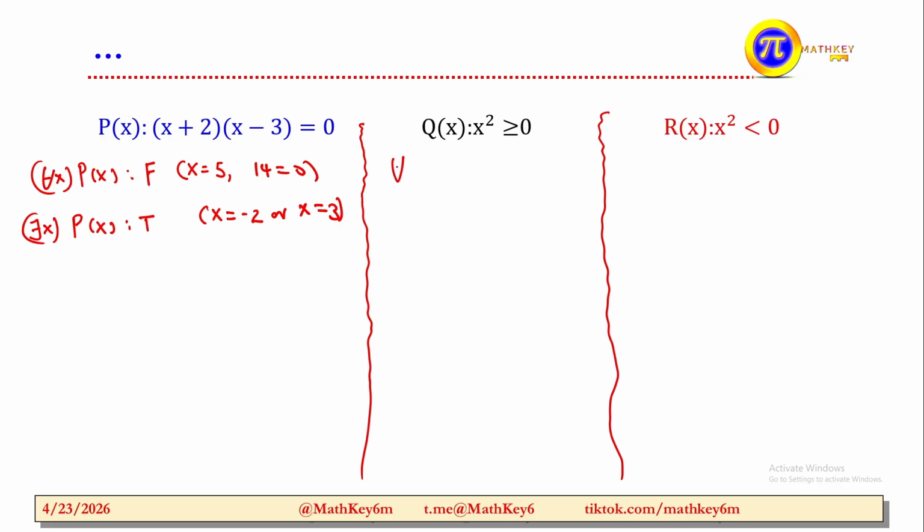Consider this one. What can you say about this, for all x, q of x? For all x, q of x satisfy ያደርጋል አያደርግም? ለሁሉም xዎች ስንወስድ x squared greater or equal 0. Yes, it is what? True. Why? Because square of any real number is non-negative ስለሆነ we call this true ይሆናል ማለት ነው። ማንኛውም number square ስናደርገው non-negative ነው መሆን የሚችለው, 0 or positive real number ስለሆነ yes it is true ይላል።